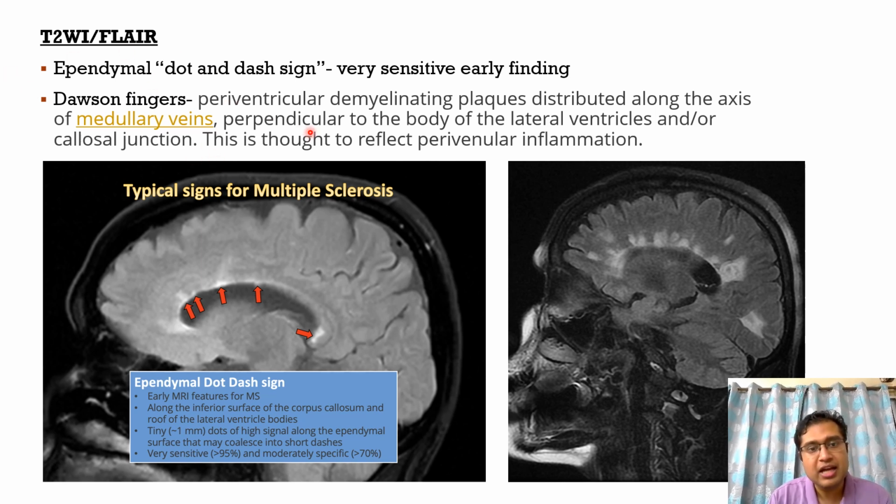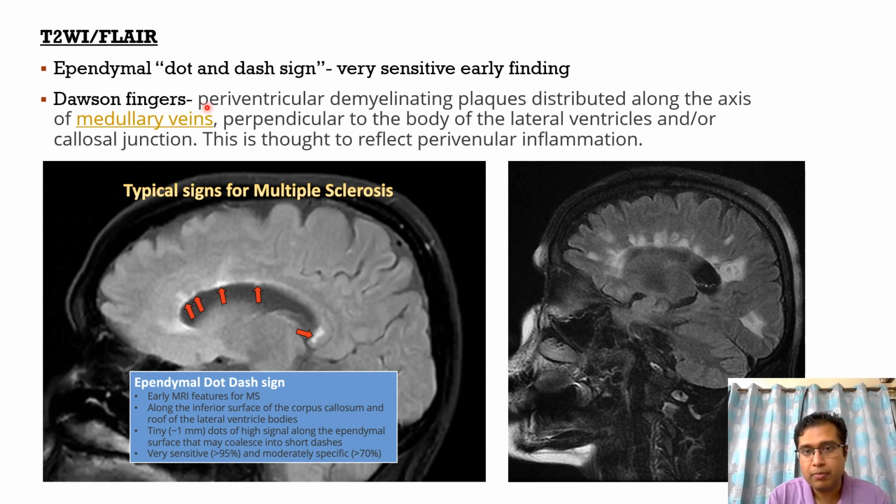So Dawson fingers are periventricular demyelinating plaques that are distributed along the axis of the medullary veins, that is perpendicular to the body of the lateral ventricles, which is thought to reflect perivenular inflammation or demyelination. And the important thing is the ependymal dot-dash sign precedes this sign, that is Dawson fingers, which is very